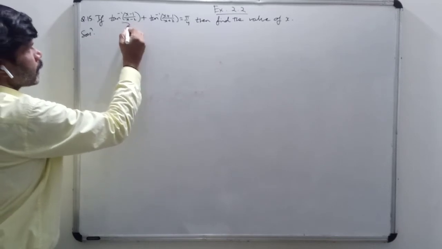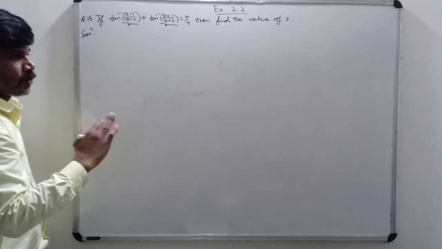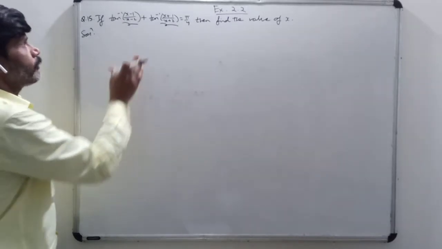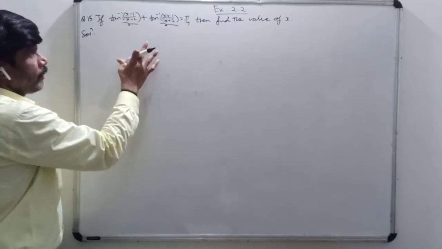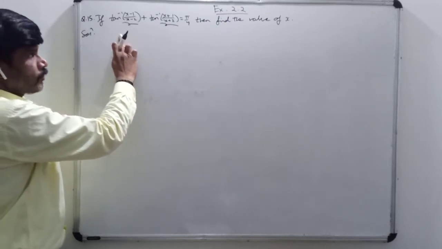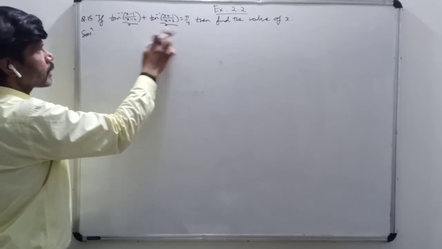So here, this is tan inverse of x plus tan inverse of y is equal to pi by 4. What is the formula for tan inverse of x plus tan inverse of y? Tan inverse of (x plus y) upon (1 minus xy). Here we will assume that the product of these two is less than 1. After finding the value of x, we'll put it here and verify. Verification is important because we are assuming that the product is less than 1.